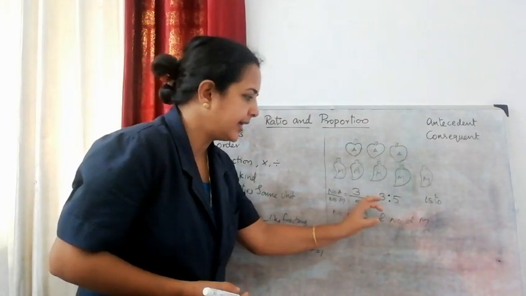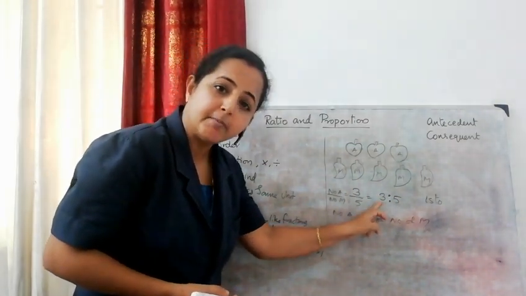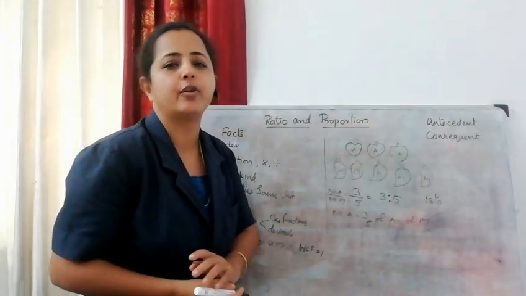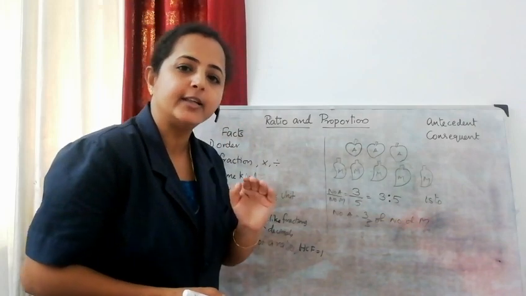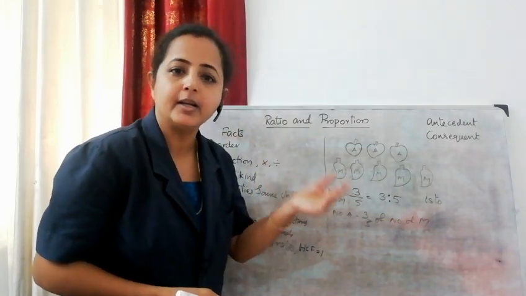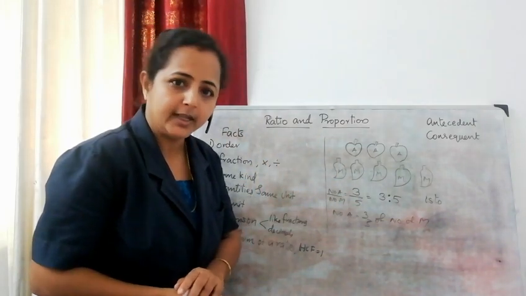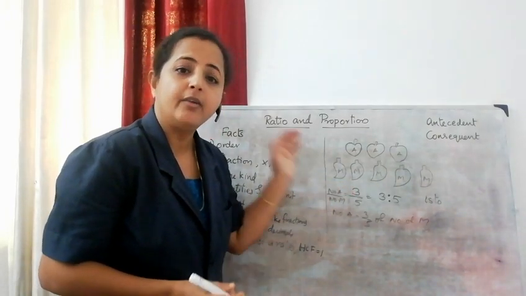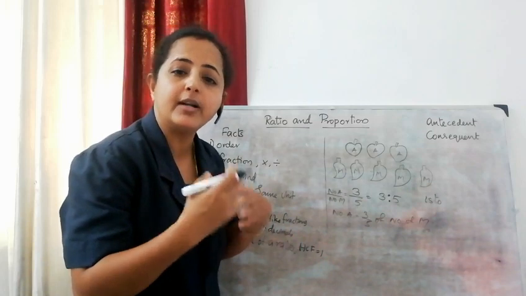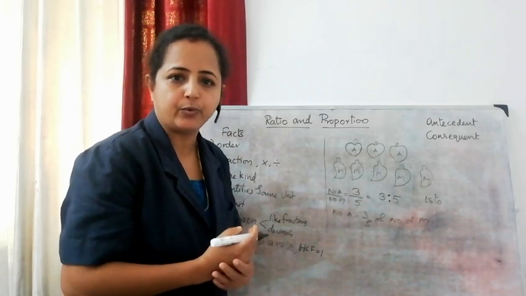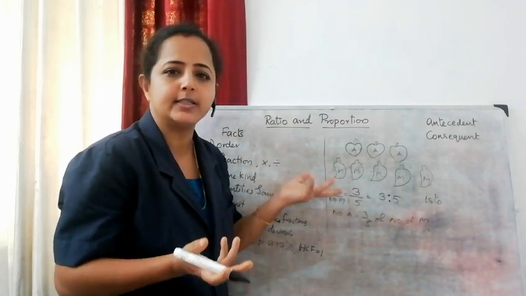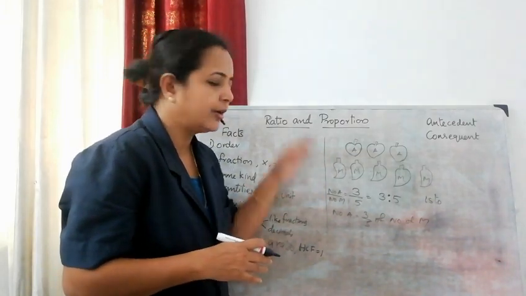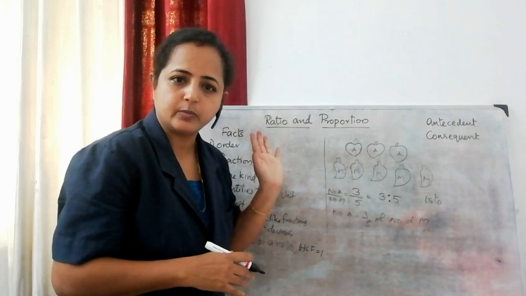Clear? In a ratio, the first number is the numerator and the second number is the denominator of a fraction. Every ratio we can convert into fraction form. Clear? So ratios are very easy. Directly you can convert them into fraction form. Fractions, every operation, different kinds of fractions, everything we studied, no? So all those operations you can do here also.